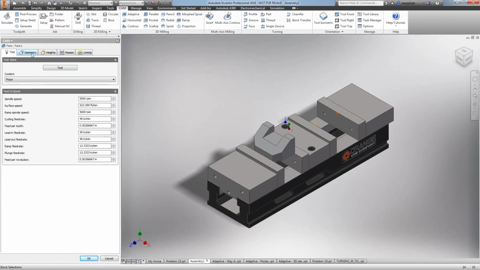As you can see, these 5 tabs for this operation are the same 5 tabs for all milling operations in the software. So they made it really easy to learn. You go tool, then your geometry, then your heights, passes, and linking. So it's the same workflow for almost every operation, which makes it really easy and intuitive to learn the